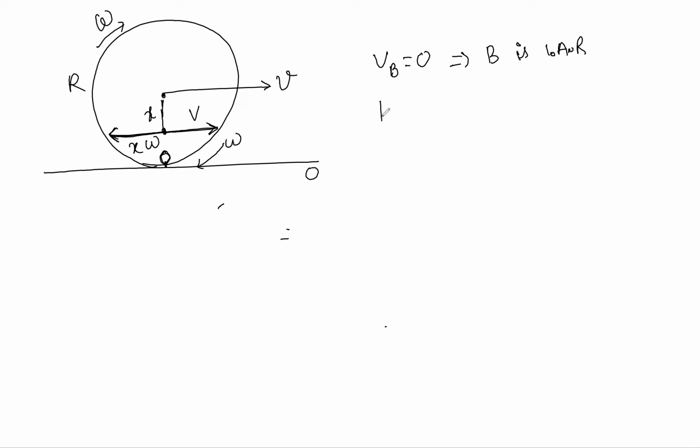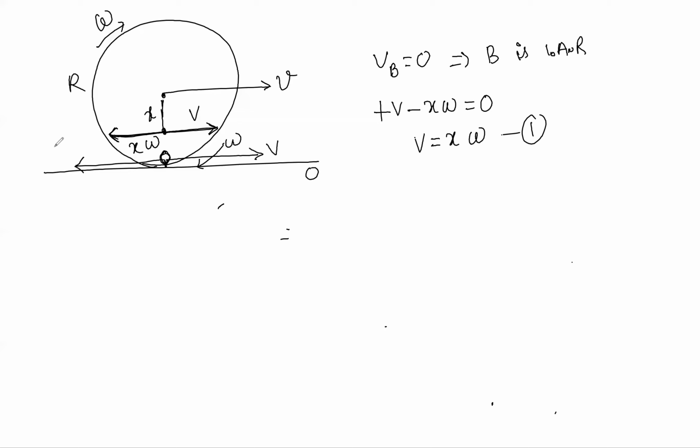So you can write plus v minus x omega is equal to 0. So v is equal to x into omega. ये पहला रिलेशन है। अब दूसरा चीज, बिकॉज द ऑब्जेक्ट इज रोलिंग एट द बॉटम पॉइंट इट इज v, and